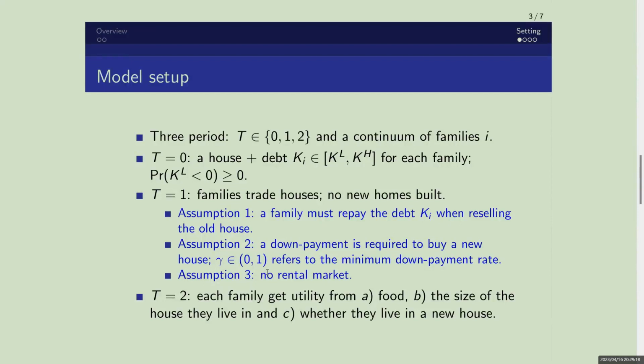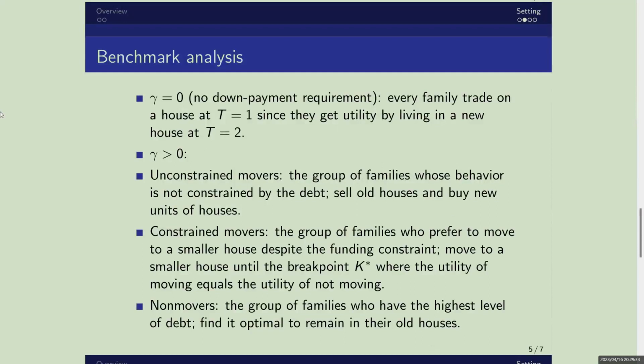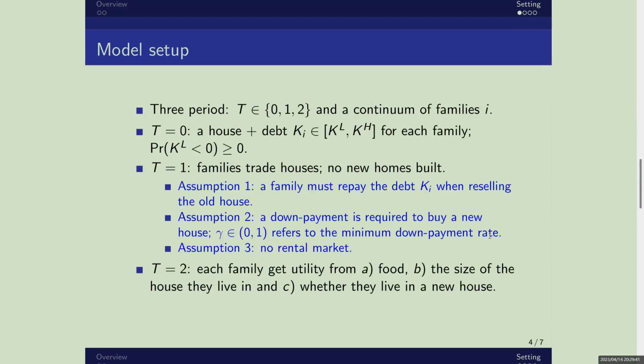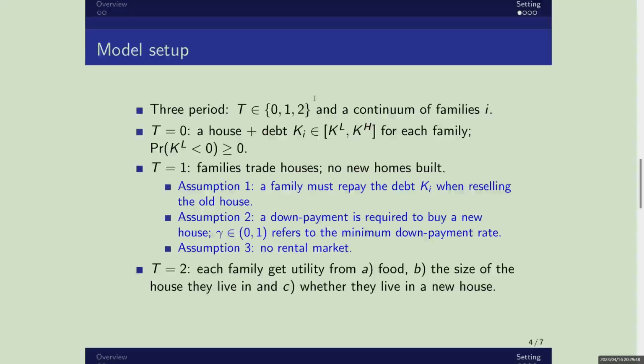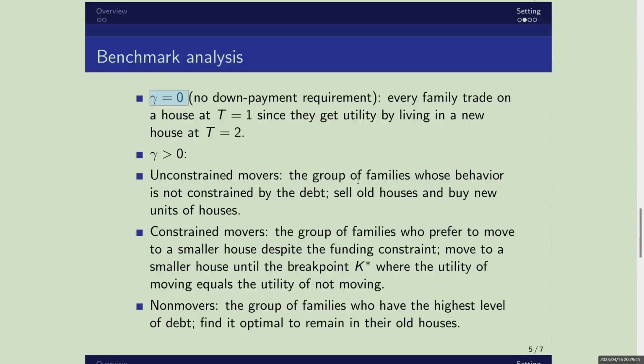And then in the last period, at t equals 2, each family gets utility from three components: food, the size of the house they live in, and whether they live in a new house. Let's go to the benchmark analysis. When gamma equals 0, meaning the down payment rate is 0 and thus there is no down payment requirement, since each family gets utility from living in a new house at t equals 1, each family will trade on a house,